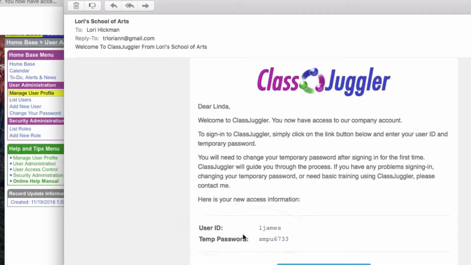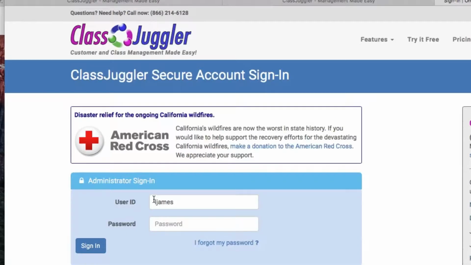And so I'm going to go ahead and copy this temporary password. All right, it already has L. James there. So I'm going to copy the password back in and sign in. And now we are brought to the